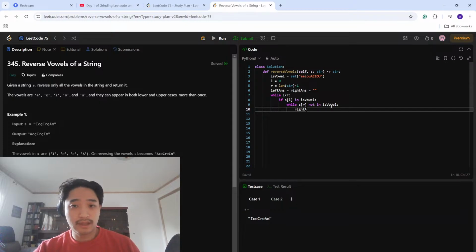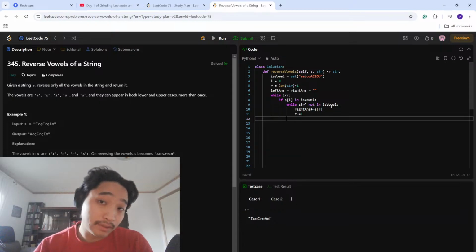Alright, and plus equals s of R and R minus equals 1. So when I finally do that,